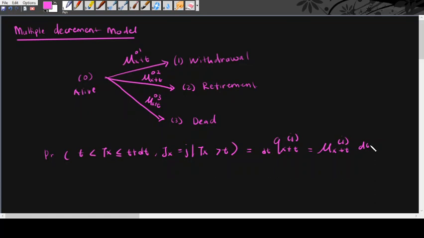This is similar to what we have seen in the previous video, which was the single decrement video. So we can say that mu x plus t j is also equals to